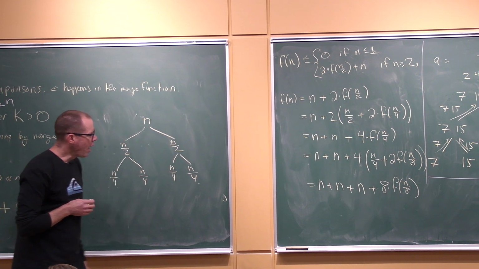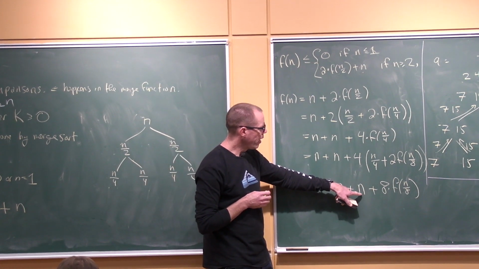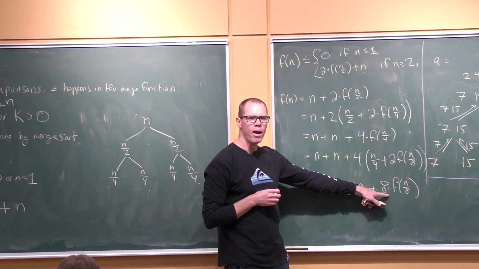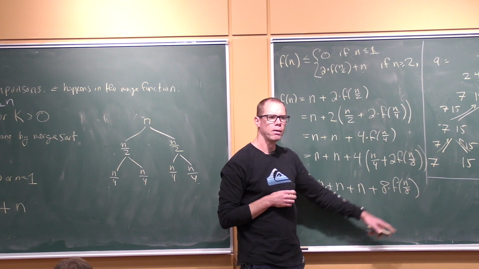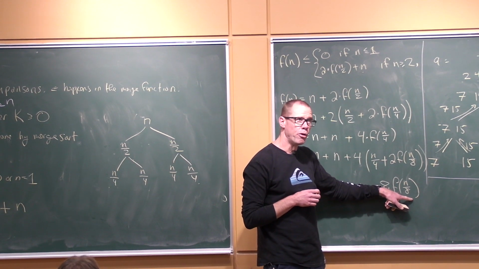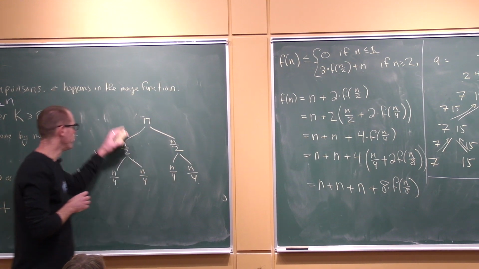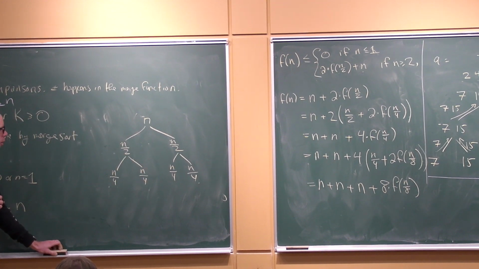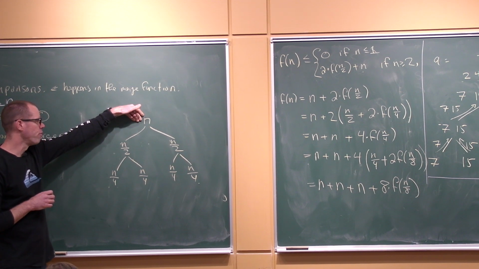Okay. So you get a bunch of n's here, and if I do this again, I'm going to get another n, and now it's going to be 16 times f of n over 16. And if I do that again, I'll get another n, and it's going to be 32 times f of n over 32. Or if you prefer this tree picture, what I'm really doing is saying at the first